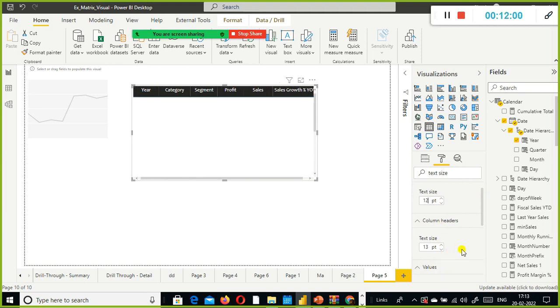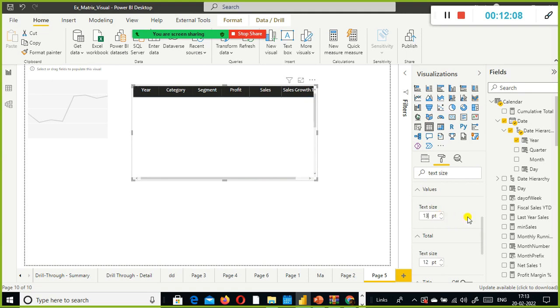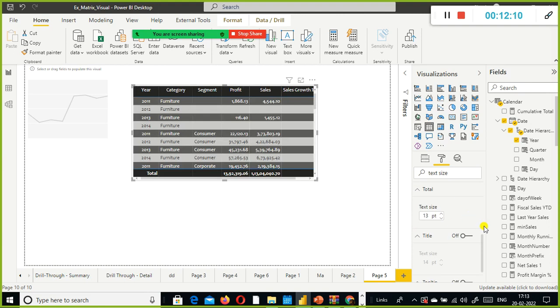Column headers we already set, let it be there. And the values, text size, I'm going to increase it to, so the total also, let it be that bigger size. And the title I'm going to toggle from off to on, and I'll be giving some name here. So text size is this one, tooltip is off.